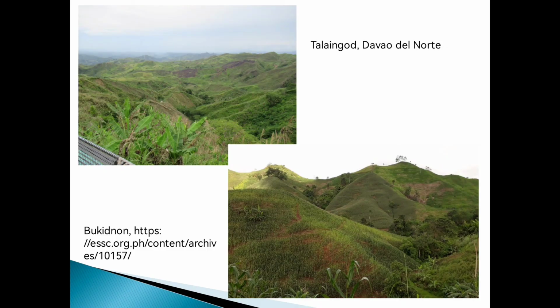So kung titingnan mo sa lower picture na yan, tingnan natin yung middle na hill, di ba? You see, at the top of the hill, medyo less yung vegetation niya. Kumpara dun sa bottom, itong yung napapagitnaan ng dalawang mountain, you can find there lush vegetation of trees. Why? Kumpara dun sa tuktok at kumpara dun sa mga gilid. Bakit kaya ganyan yung development ng vegetation dyan? Or tingnan mo yung sa baba, di ba? Masyadong mas maraming mga puno ng mga kahoy na tumutubo compared dun sa taas or sa tuktok.